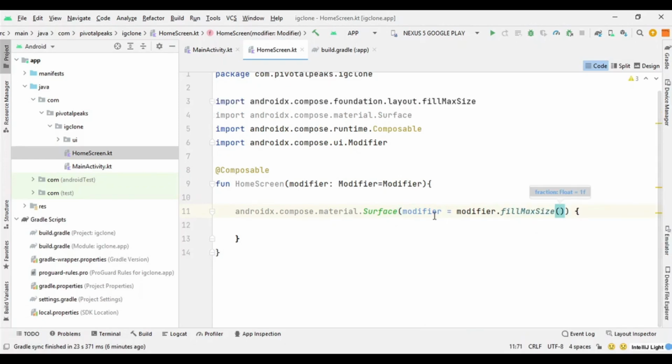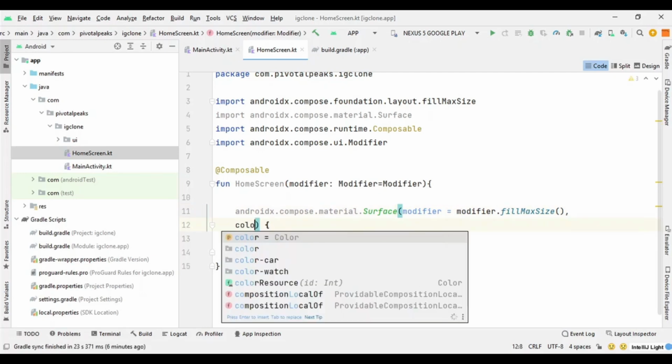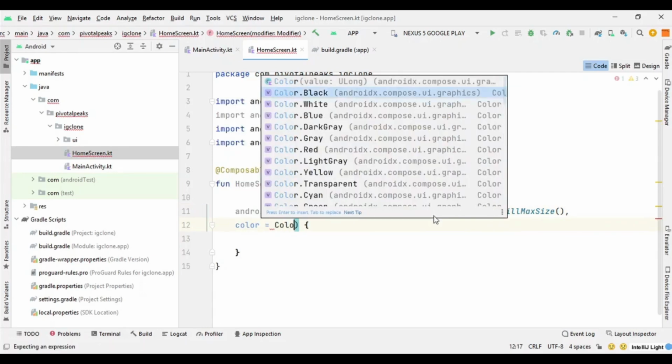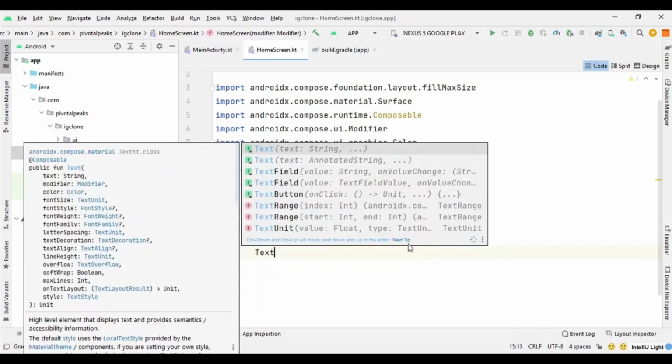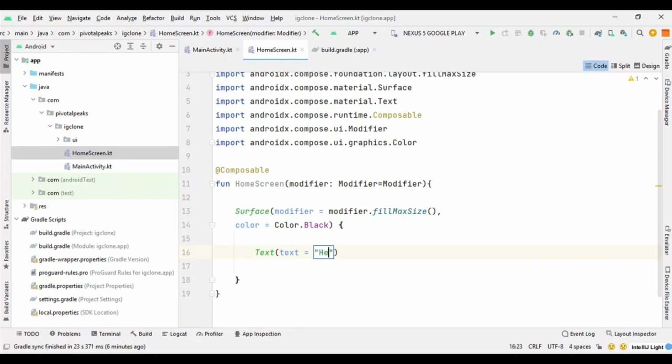So it will take the entire screen, and then we also want the screen to be black because we are making the dark theme. So here we can say color equals color dot black, and we can actually remove this import from here because we already got the import. So let's make a text and run it and see if everything is working fine. So let's declare a simple text. Let's say hello compose,